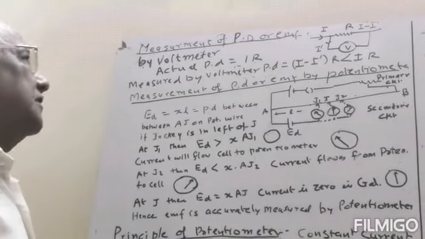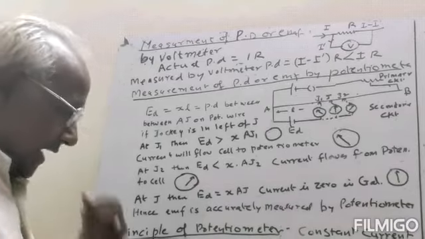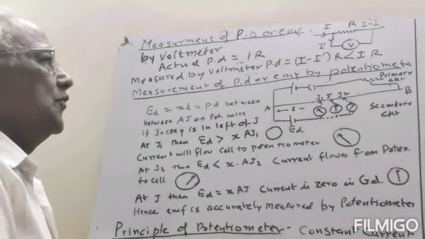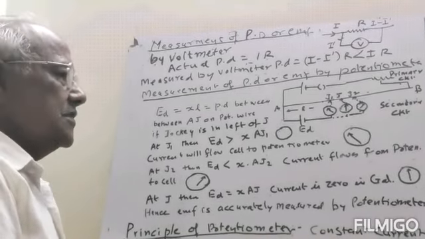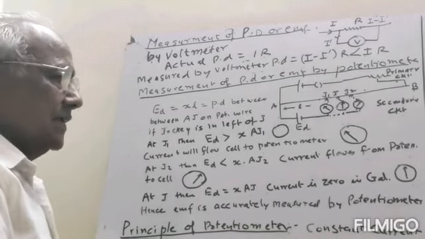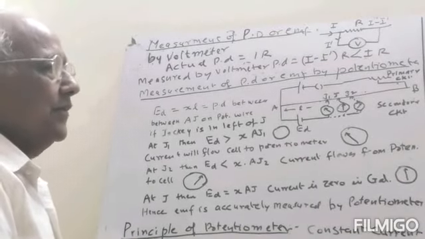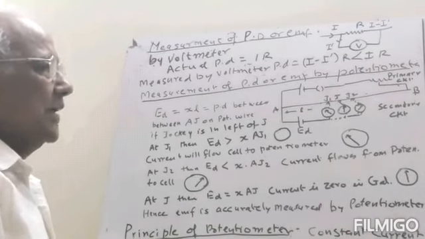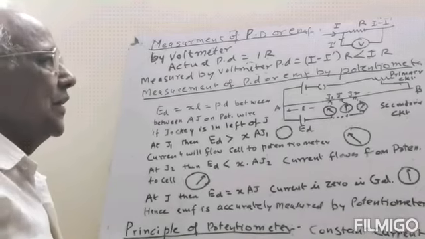I was discussing how to measure potential difference with the help of a potentiometer and with the help of a voltmeter. A potentiometer is a device which can measure exact and more reliable potential difference or EMF than a voltmeter. I can explain it. If we want to measure the potential difference